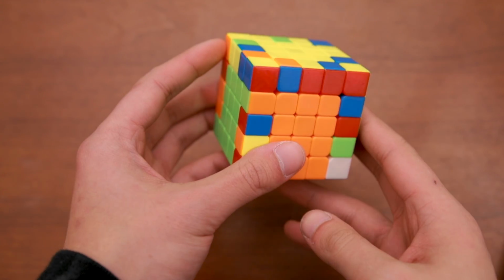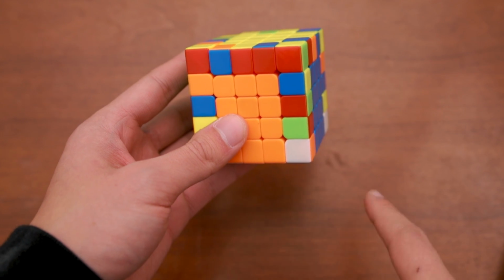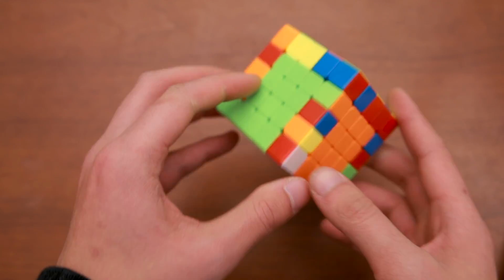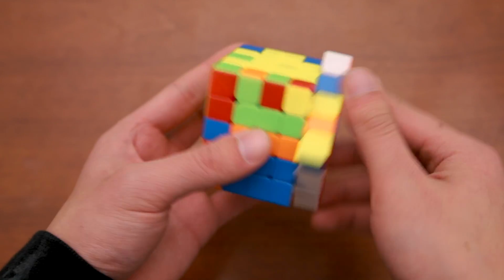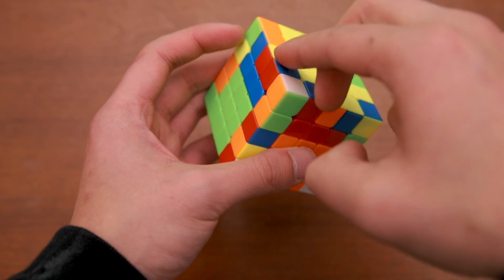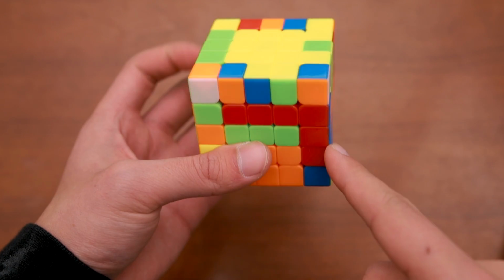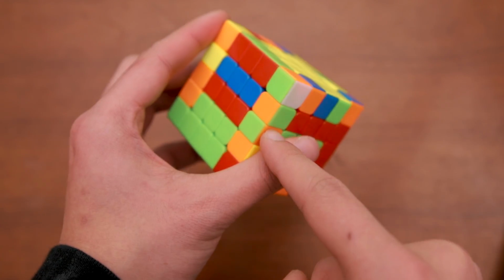Okay, so from here, you're just going to solve your next 4 edges. And remember, at least 2 of those need to be F2L edges. So I see this flipped pair right here, and the edges back here. So I would probably just go ahead, slice these both like that, flip, pair these up. I saw this edge right here, and I see the 2 wings for it, so I'm going to go ahead and put those in, put this one in,